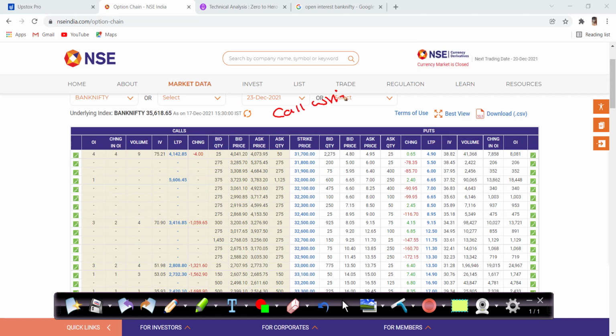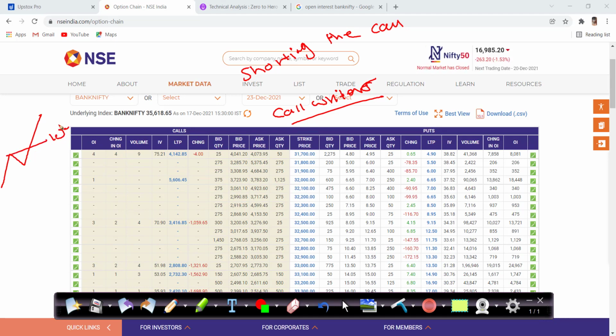Call writers are nothing but those who are shorting the call. Let's understand the term itself. Normally, whenever the market is moving upside, you buy the call at 100 rupees and that call goes to 200 rupees. That's the simple logic. But what the option chain represents is this: suppose the market is at 200 rupees and there are multiple people in the open interest, say the number is 4.